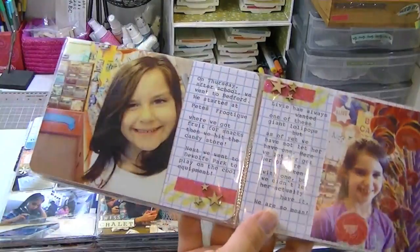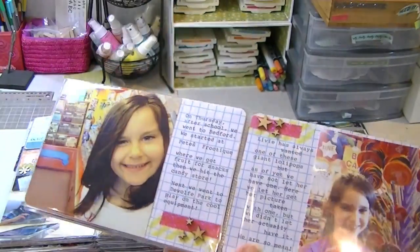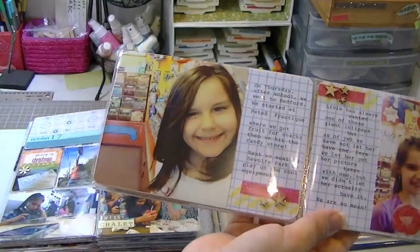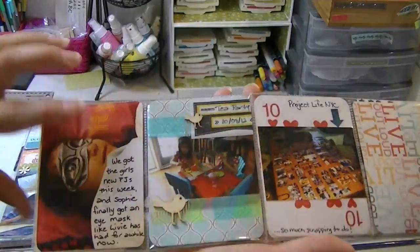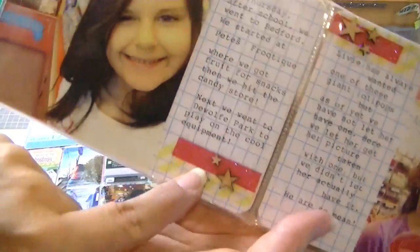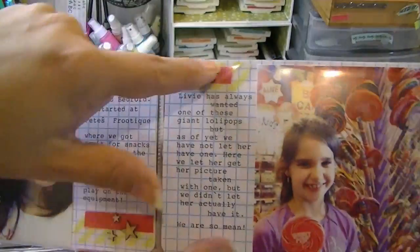And then for these 2, I used the grid cards that Craft and Kate sent me. They're from Staples, but you can't get them in the Staples where I live. And put these Instagram pictures. They're printed at 4x4, and these are printed at 2x3. And I just did some typing with my typewriter just to do the journaling, and then I added a strip of washi and a strip of glitter tape and 3 wood veneer stars, and I did the same with this